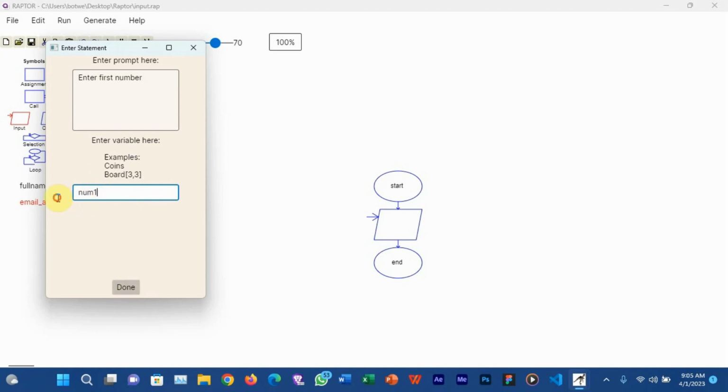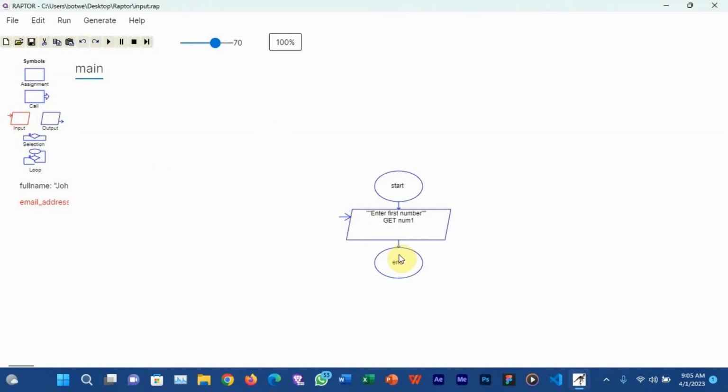With variable names, you can choose any other name you prefer, but the variable name must make sense to the value you are getting from a user. So for instance, you have first name here, you don't have to use num1, but when you use num1, it's going to work. But the issue is that any programmer who takes your code will understand that you are taking first name from the user, meanwhile you are taking a number. So anytime you create a variable, make sure the value you are getting should correspond with the variable name you are creating. So num1, and then you get another input from the user,